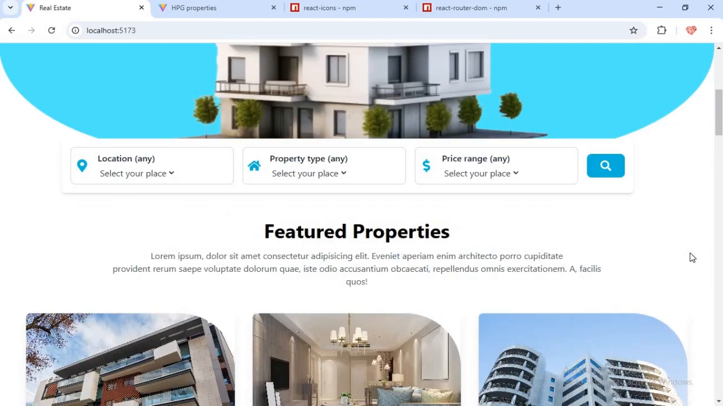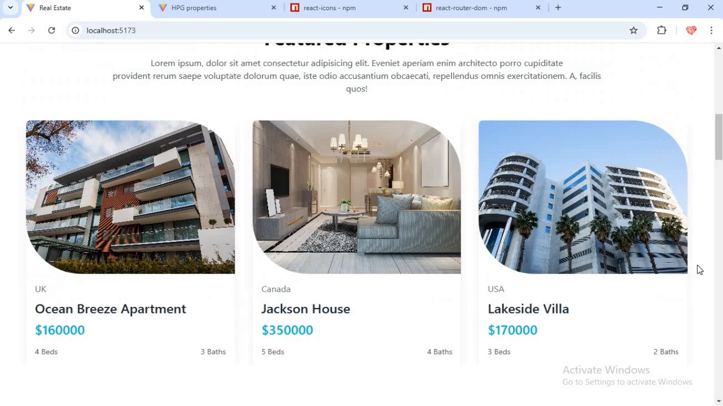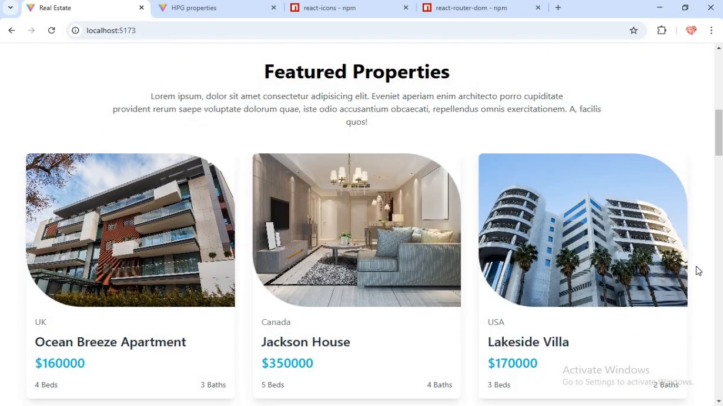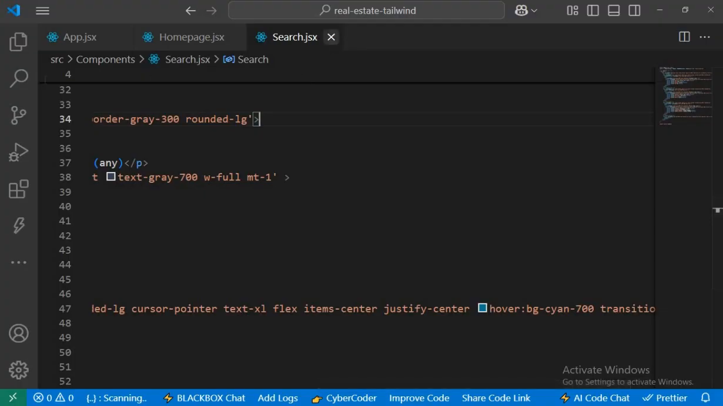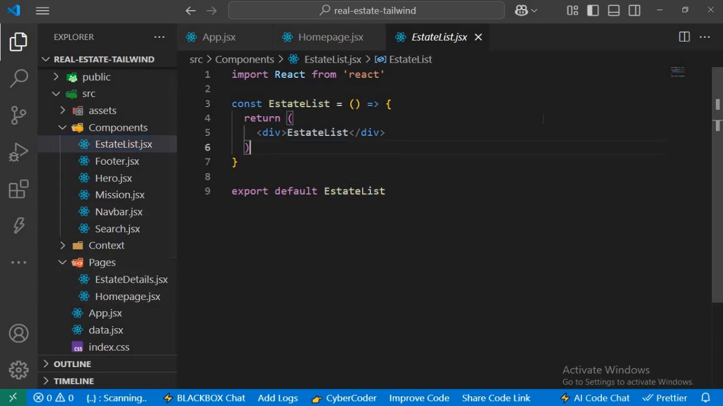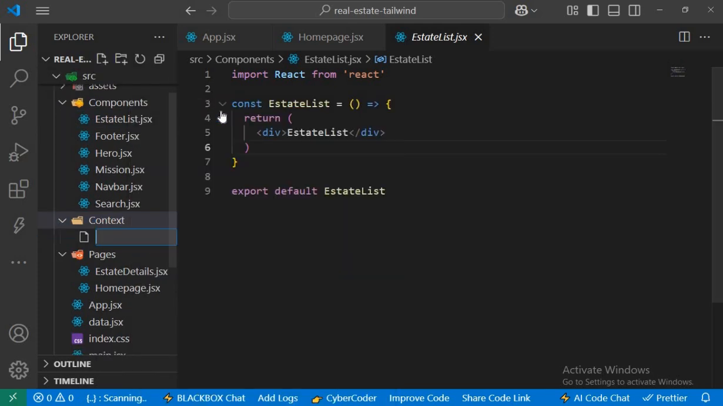Next thing we need to do now is to display our property list. So we already have our data for all the property details. So now we need to display our property list. So we're going to close our search, and then we're going to open our estate list. So right here we have our estate list open. But first of all, before we start creating the property list in the estate list, we need to work on our context, because so here let me create a file, and the name of the file is going to be home